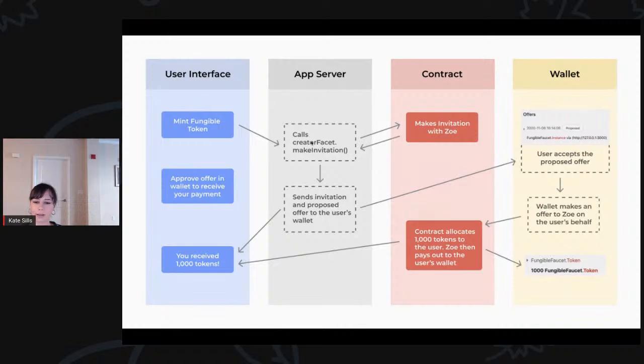That calls creator Faucet make invitation, which makes a call to the contract, which actually makes an invitation with Zoe. So invitations are actually digital assets in and of themselves, but this is how you are able to invite other people to join your